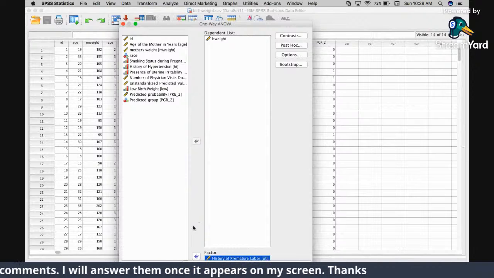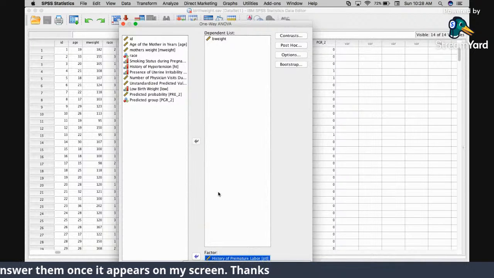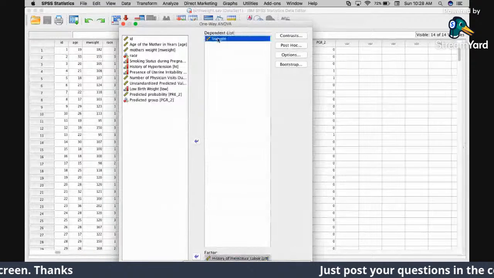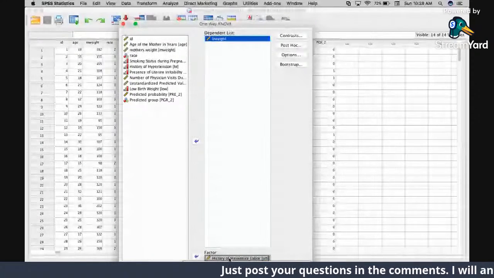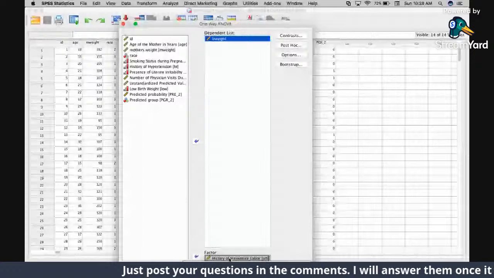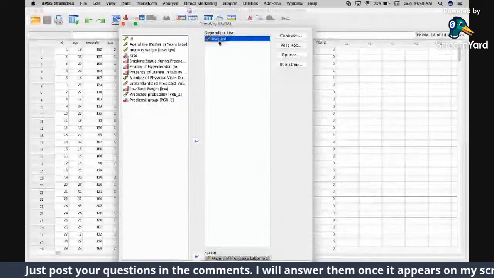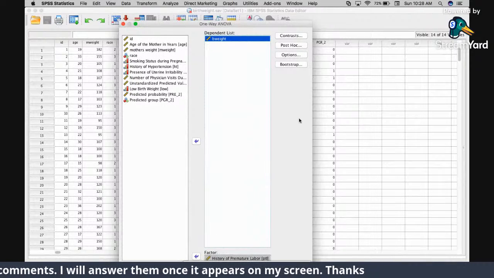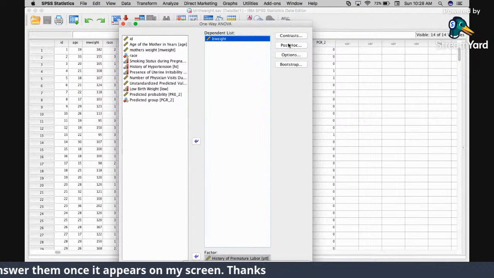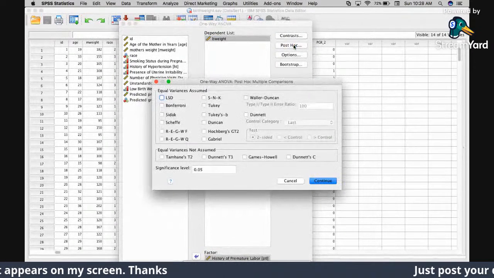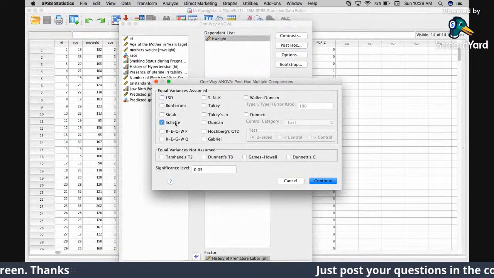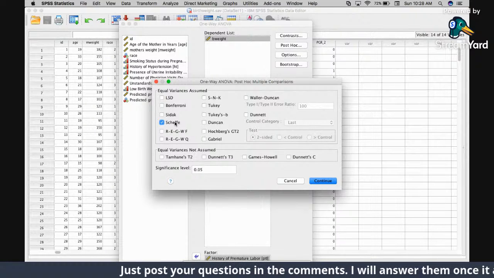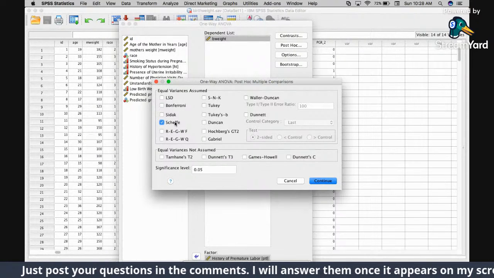What we are looking at is whether there is a difference in the birth weight of babies for mothers with history of premature labor. So our dependent variable here would be the baby's birth weight, and the factor would be history of premature labor. Then you click post hoc analysis, this one, and we're going to use Scheffe for our post hoc analysis to determine which among the groups